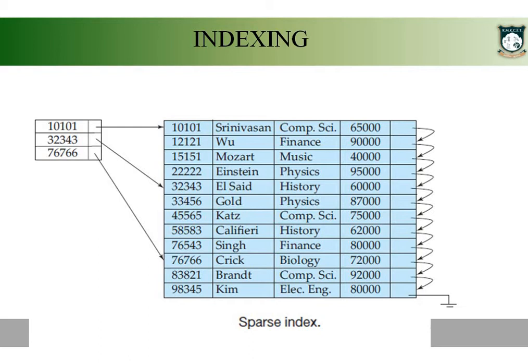Okay, if your index file grows so large that it cannot be accommodated in main memory, then what do we have to do? We have to split the index file into blocks, and take one block into main memory at a time. After searching it, you take the second block into main memory, search, then the third block. Like that, you split the index file into parts and take them into main memory one by one for performing the search.